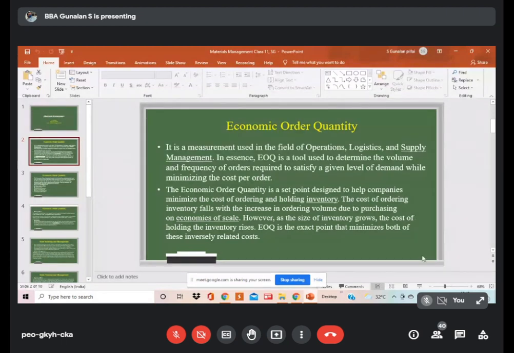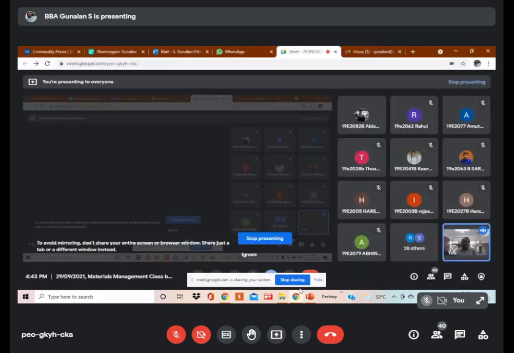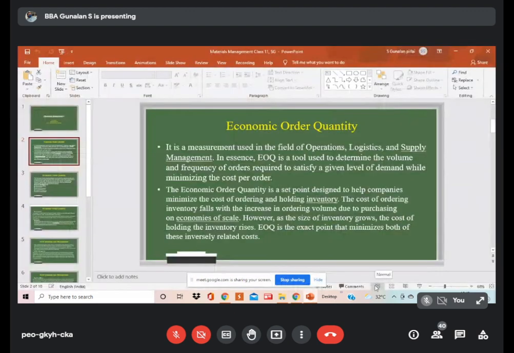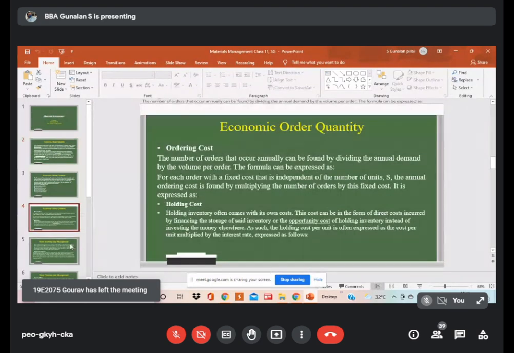In inventory management, another important aspect is economic order quantity. Economic order quantity is the level of material that should be kept on the shelf to keep the store intact, not keeping the stock more or less, but at an optimum level, with the help of a formula. That is economic order quantity. Another one is economic batch quantity. Both are there.